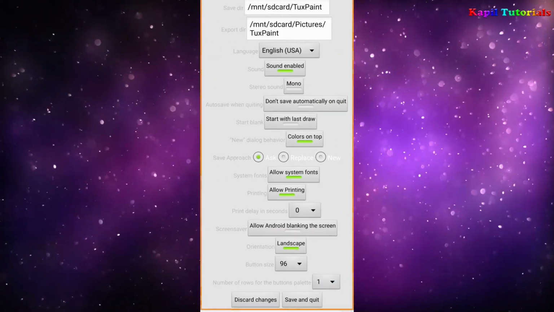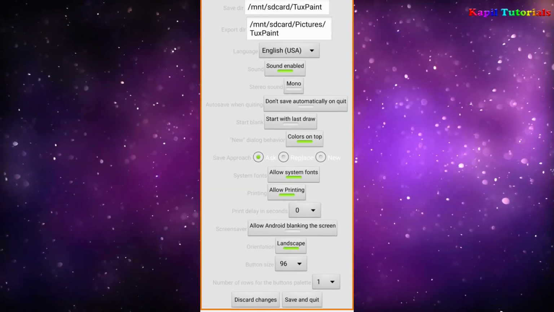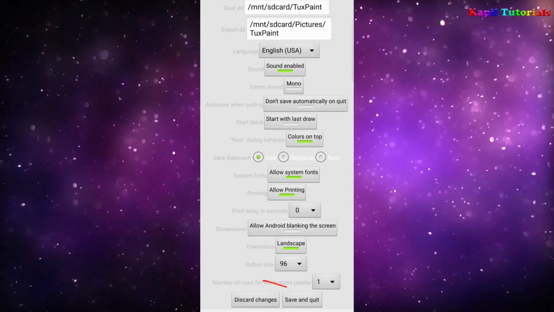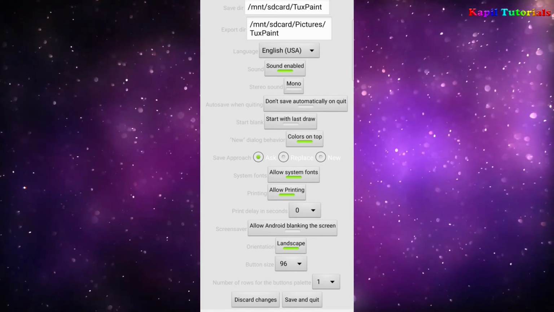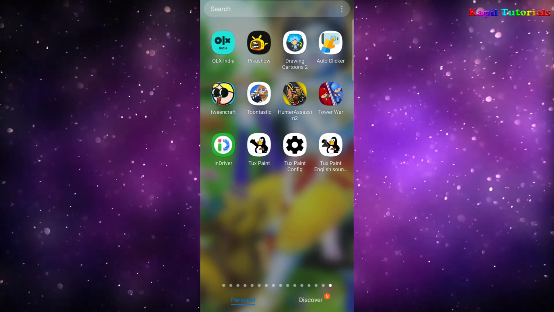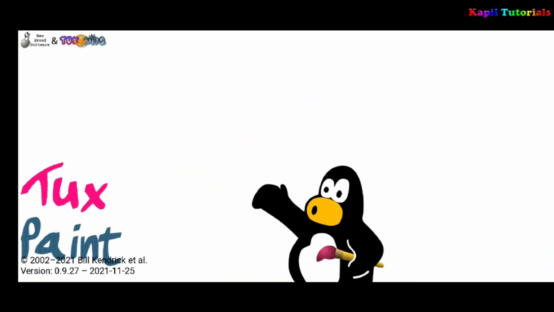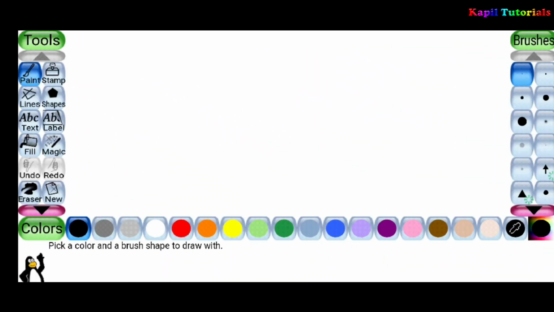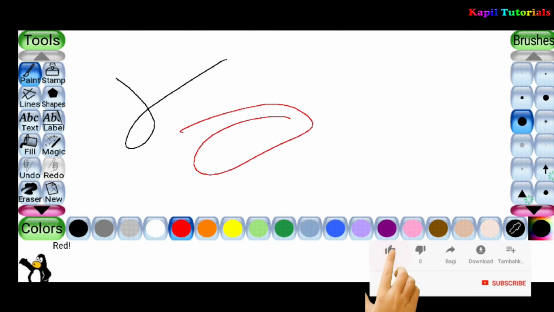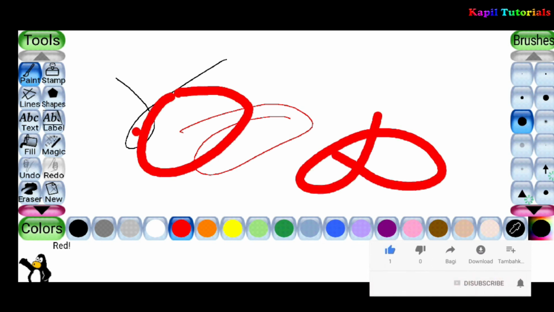You can set according to your choice, but according to my mobile 96 is okay, and then I'll click upon save and quit. Now I'll open TuxPaint and you could observe that it's working perfect. Icons are bigger now, so I can easily handle all the options.